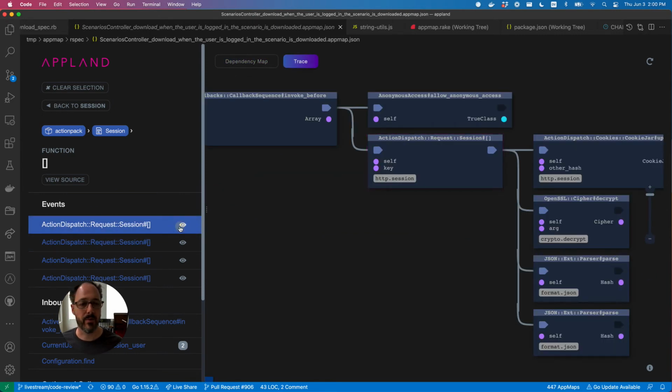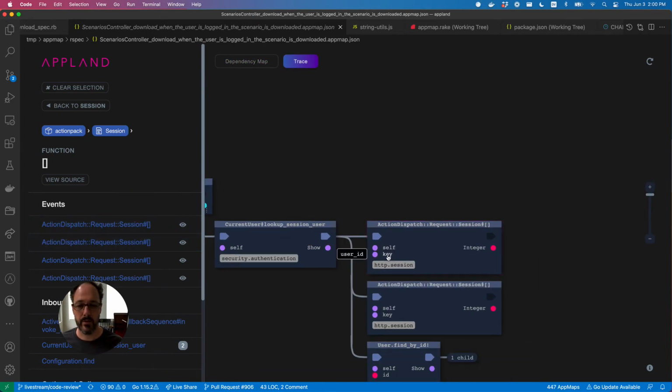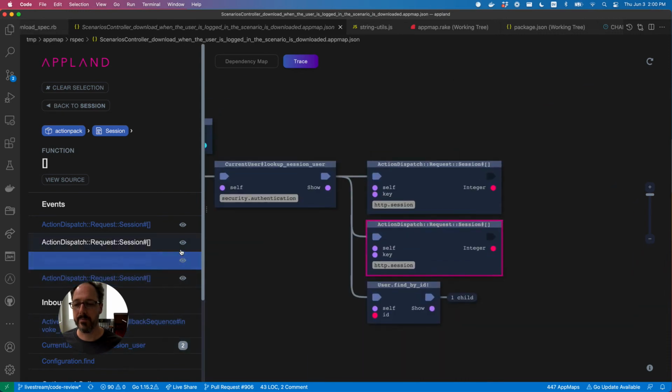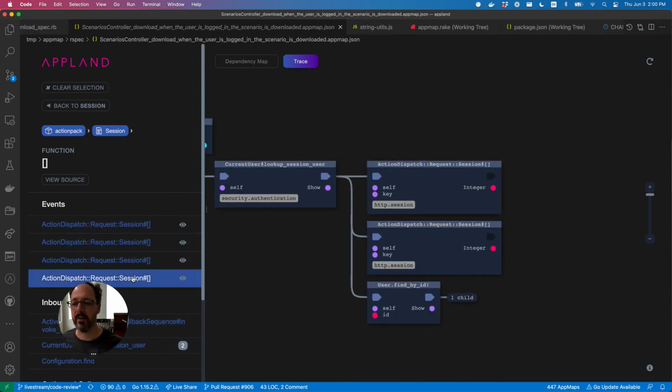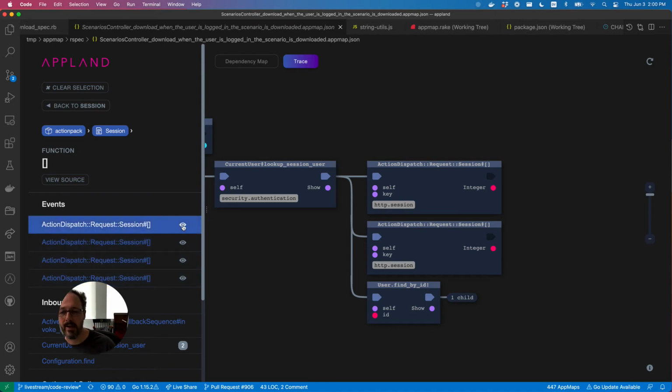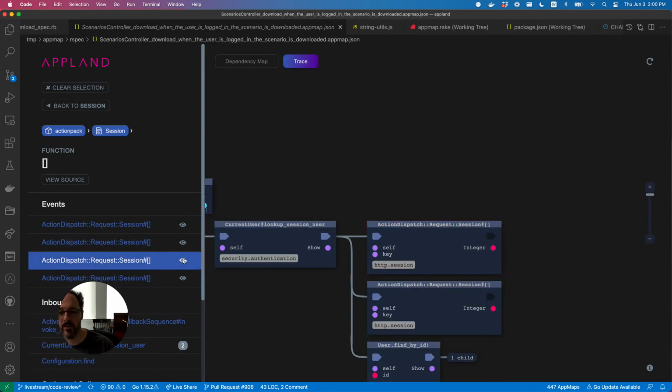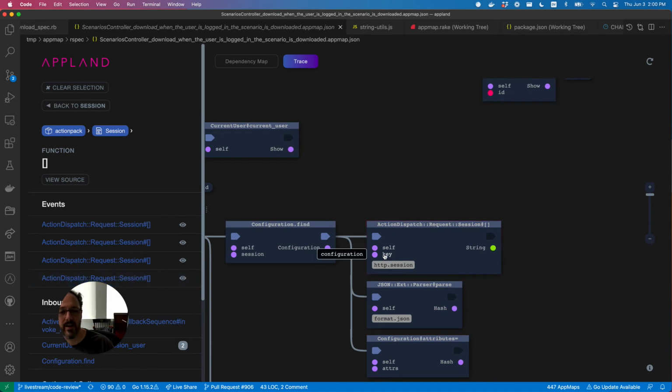Let's see if I can step through them all. 1, 2, key. Okay. This little eyeball here is pretty cool. If you have 4 different times that the session's being accessed, you can just step through them. The first time, setting up TurboLinks. The second time, user ID. The third time, user ID again. I don't know why. The fourth time is configuration. That's the feature flag stuff. So once we load it, we set it into